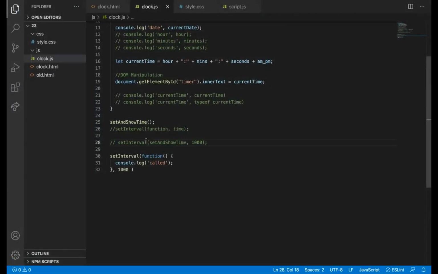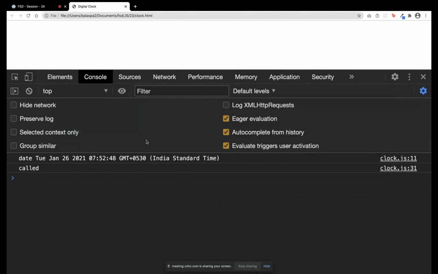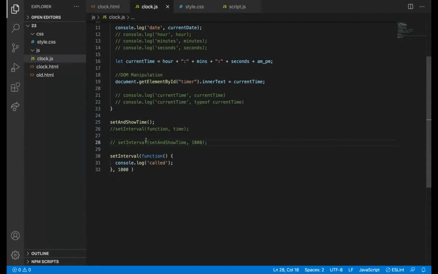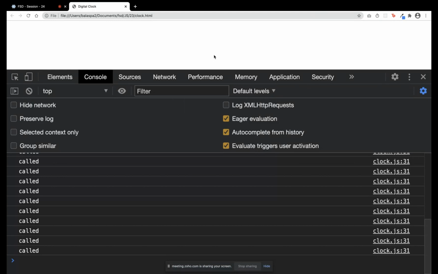If I comment it, we will just get this console.log again and again after 1 second. So if you want to do any operations continuously with the interval of 1 second, to compute something on its own, like sometimes on clicking the form submit we calculate some values, but here there is no user input. It wants to get calculated on its own.